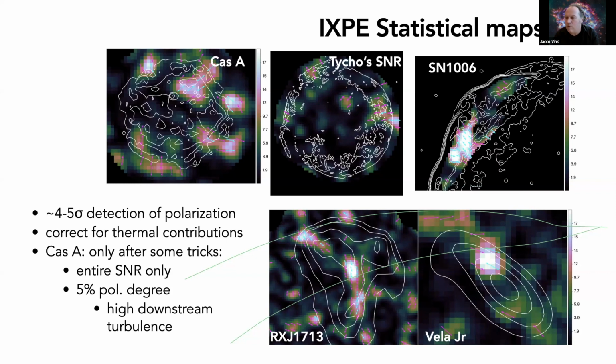So we have one other pointing on 1006, which is the southwestern part. That's part of the guest observer time. That's a paper that is in the making and will hopefully be published soon. We have yet another one, RCW86, that is in the making. And I think that's basically it. So we would like to get more time.